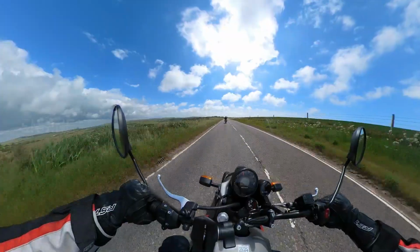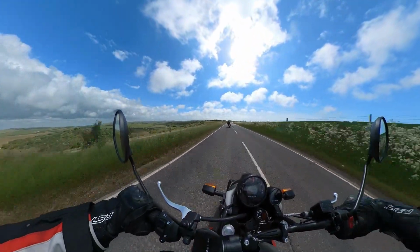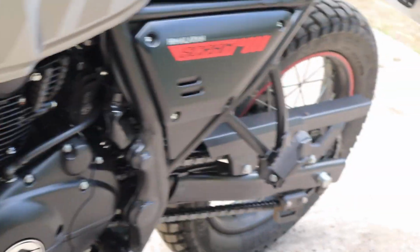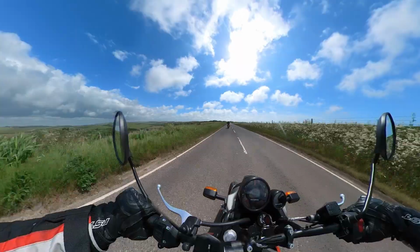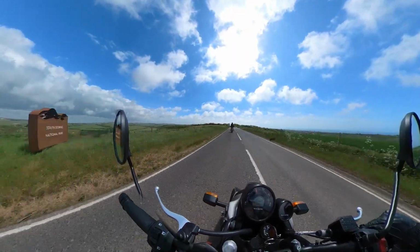Going straight into the engine, it's a 411cc single cylinder, 24 brake horsepower and 32 newton metres of torque. Now instantly you might think, well, that's not a lot of power, but it's the same as the Himalayan and loads of people love that. It's really good and easy to get on with. Sometimes you are looking for that extra bit of power, but you just flick it down a gear and you're away. On that, 5 gears, never really had a problem with that at all, because top speed is around 70-80